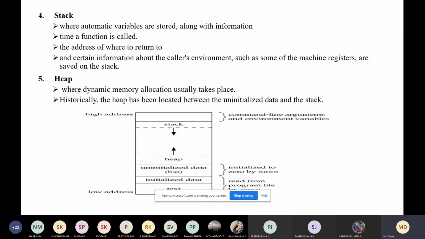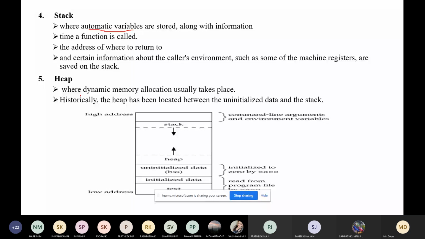The next memory layout you have to understand is the stack. You are all familiar with the concept of stack and heap. So what is a stack? The stack will have automatic variables stored along with other information, which is saved each time a function is called.